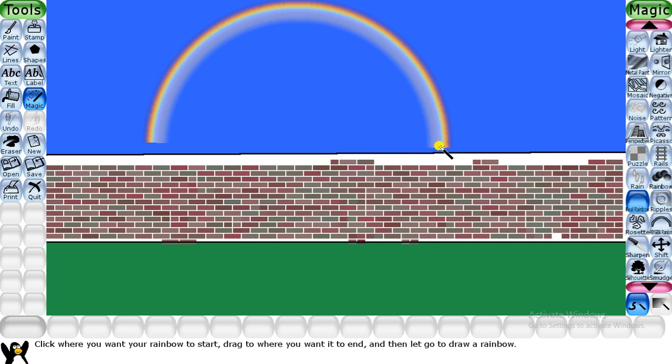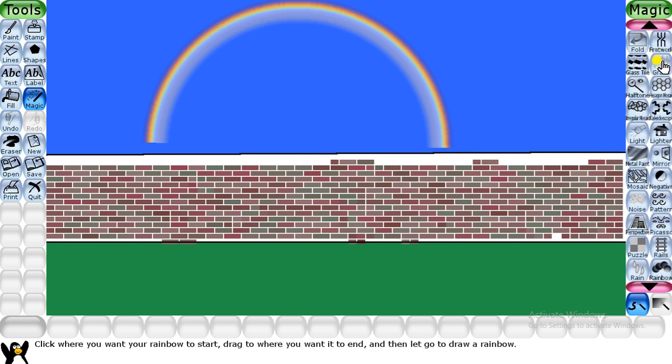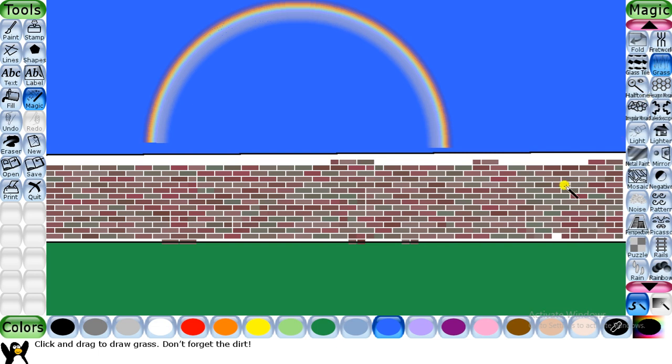The next effect we will see is the grass effect. The grass tool draws grass blades on the canvas. To use the grass tool, you have to first select the grass effect from the options box. So we will search for the grass effect. So here is the grass effect present over here. And you have to choose a dark green option. I'll just click on any dark green option in the color palette, move the pointer onto the canvas, and you can either drag or click to draw the grass.